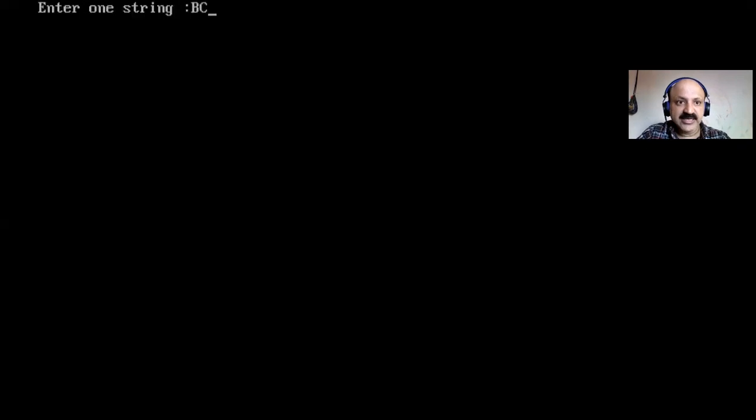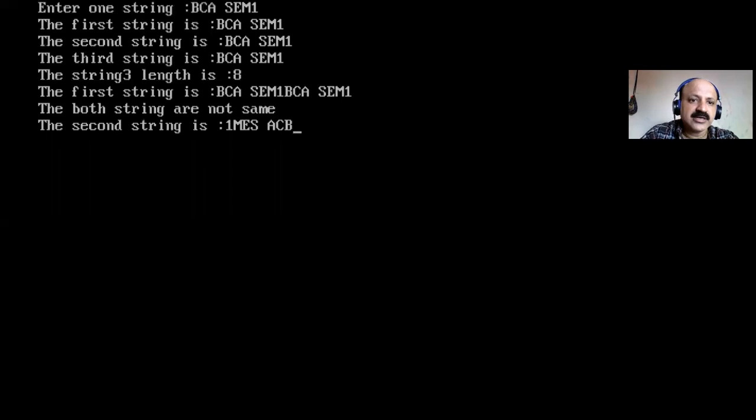Okay, so BCA same one, just the same example, and that is reverse order. The second string also we can give the message, reverse order. So the first digit is same one, and one MES, then ACB or BCS, so all are reversed. So that is reverse order.